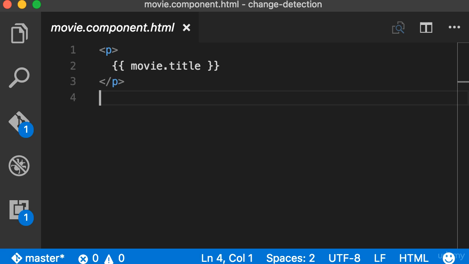All right, so here's the template for our movie component. We want to tell Angular to ignore the binding expressions here and instead only look at the inputs passed to this component. With this, if you have 10 binding expressions here and all these are using the movie object passed to this component, we can reduce the number of comparison checks from 10 to 1, which is the input to